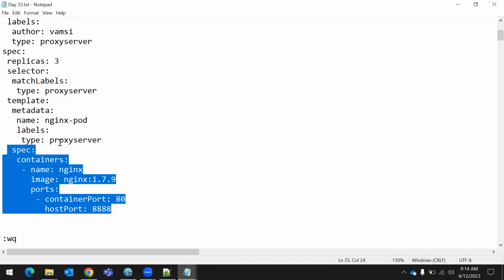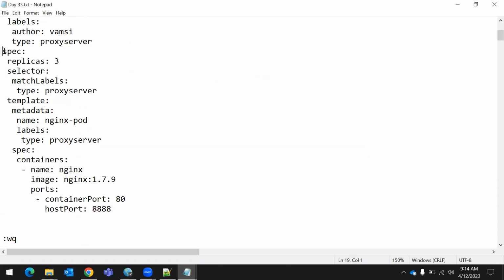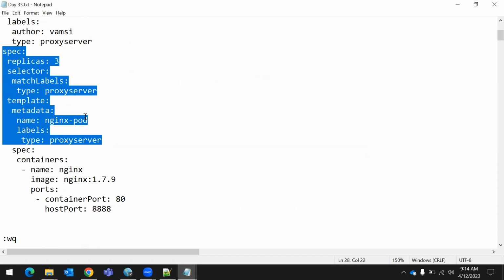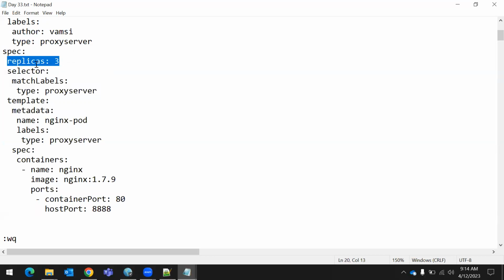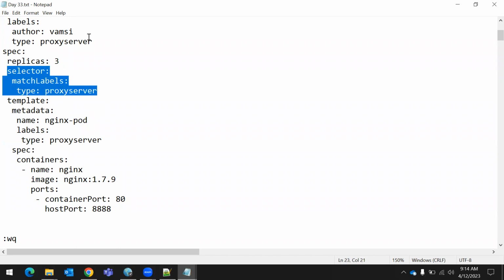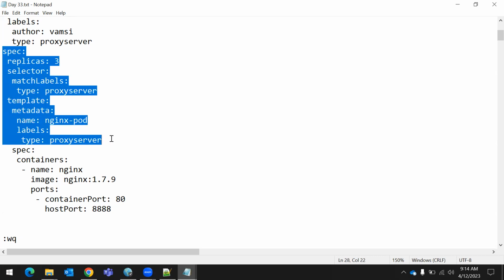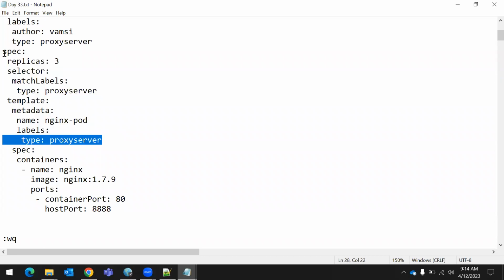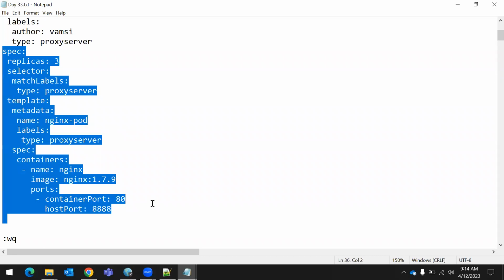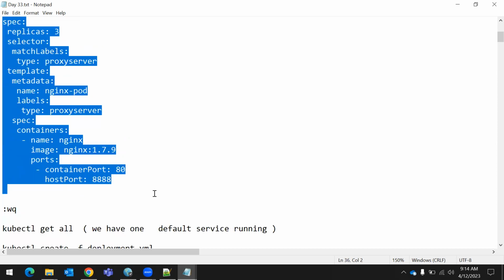If you go to the first specification section, this is similar to our replica set. We are specifying the replicas as 3. Selector, match labels is everything similar to the replica set. You don't need to compare anything. Your deployment YAML file is similar to the replica set. You see both specification sections are similar to the replica set. The only difference is